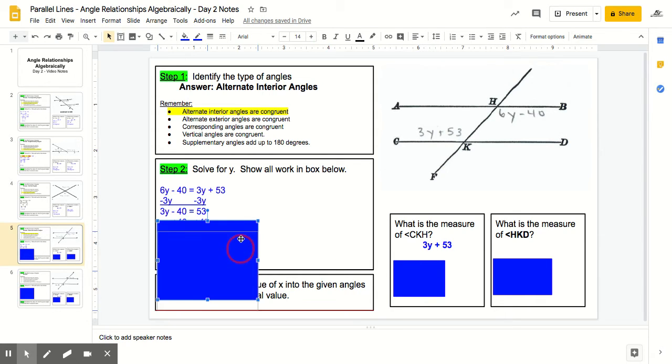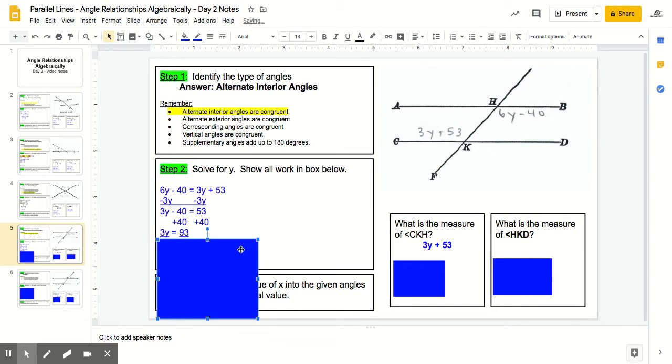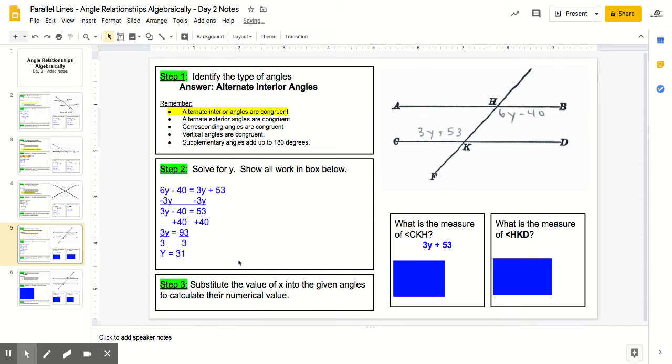Now I have a two-step equation. I'm going to add 40 to both sides. I'm going to bring down the 3y. The 40's cancel out. 53 plus 40 is 93. Then I have 3y is equal to 93, so I'm simply going to divide both sides by 3, and I get y is equal to 31. I am then going to plug in that value of y